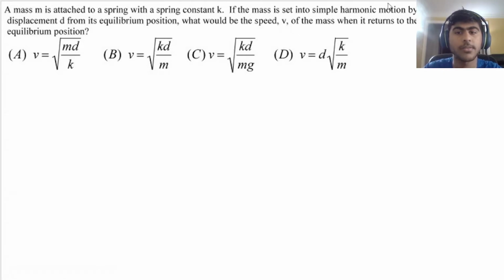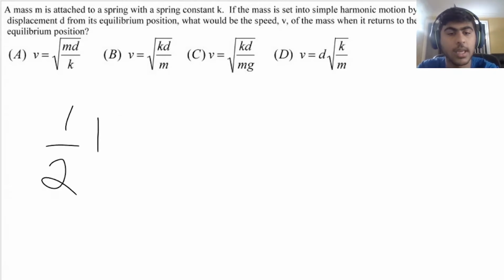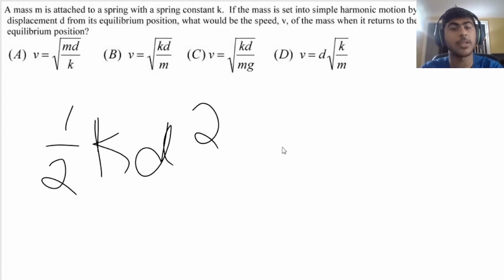All right. So it's set in a displacement d, which means that the spring potential energy at its maximum displacement, which is d, would be 1/2 k d squared. And if you remember, at its maximum displacement, it's all spring potential energy. There is no kinetic energy. And this is conserved with the equilibrium position, where there is no spring potential energy. It's all kinetic energy. So this will be 1/2